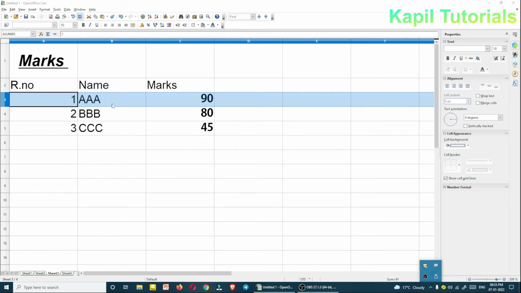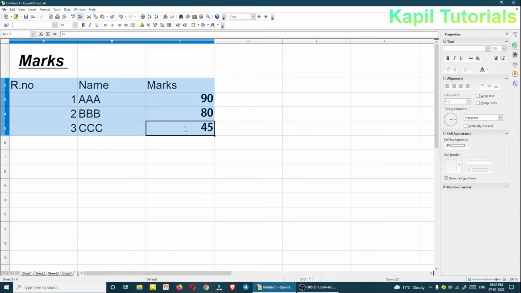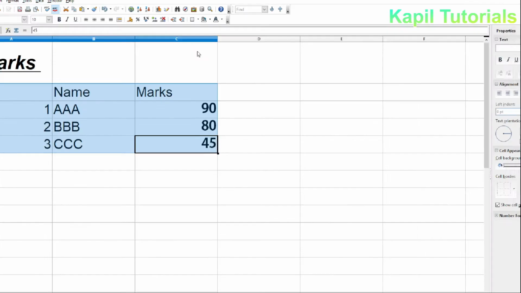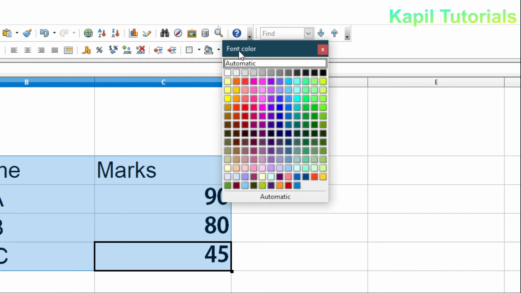Now after this, if I want to change the color, it's very easy. Suppose I select the whole data and I want to change the color of the font. I can click here on the top. You could see two options here: borders, background color and font color. Suppose I select font color, red.